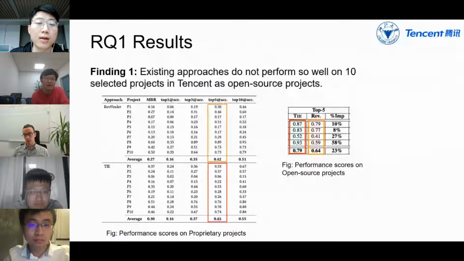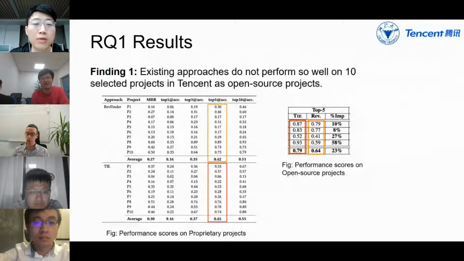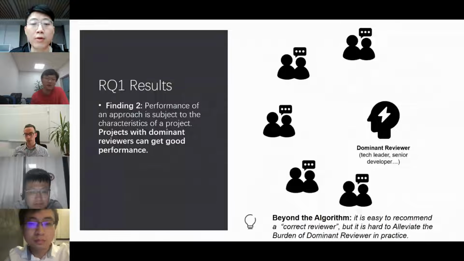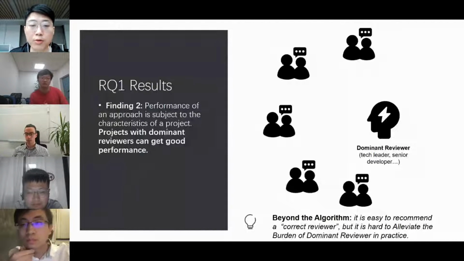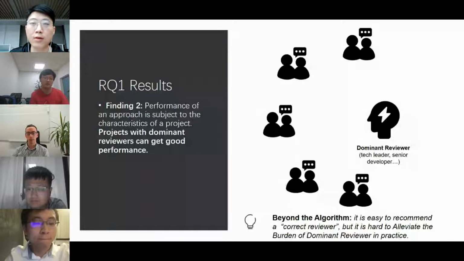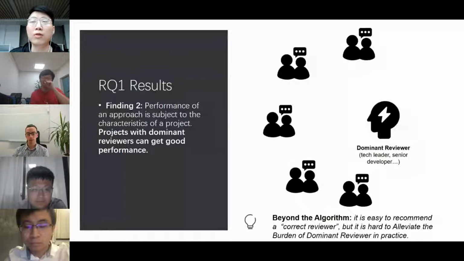We can see that the red and the orange rectangles, the algorithm on the open source projects, have a much better performance than on the 10 selected projects. The second finding is that projects with dominant reviewers can get good performance. What is a dominant reviewer? They are often tech leaders or senior developers. However, even though it is easy to recommend a correct reviewer, it is a little hard to alleviate their burden because they may receive many notifications every day and they cannot review all,